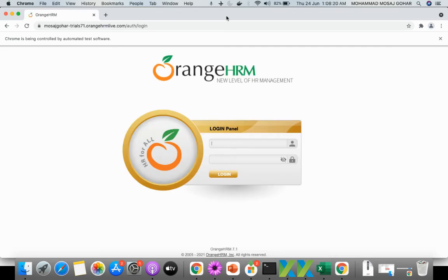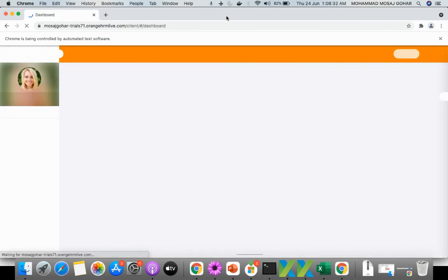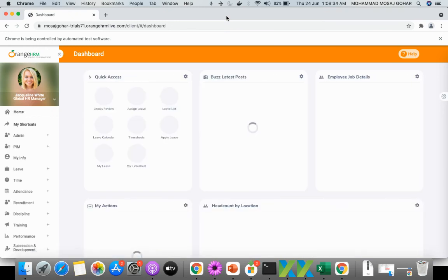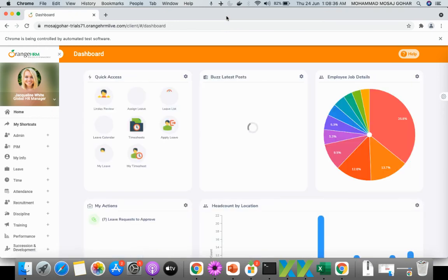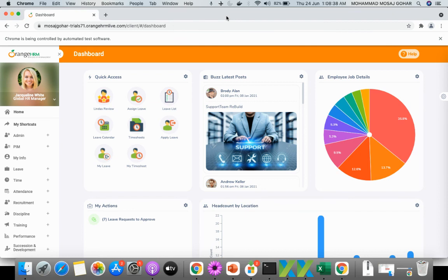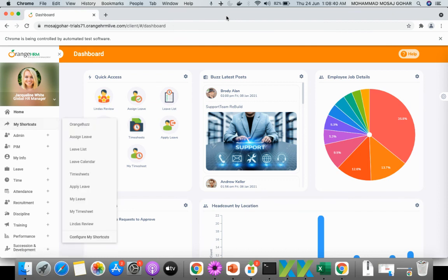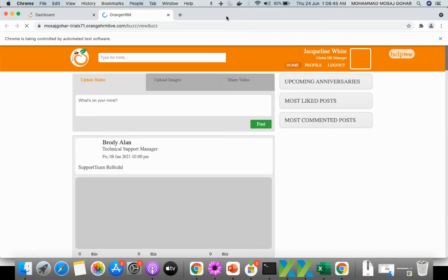Okay, so this test case will take ID and password, login. Post login, it will click on my shortcuts, select the particular functionality, where it will go to another link, where we treat this as an example of an external link. Yeah, so if we click on my shortcuts, orange bus, yes, navigated successfully to the second window.